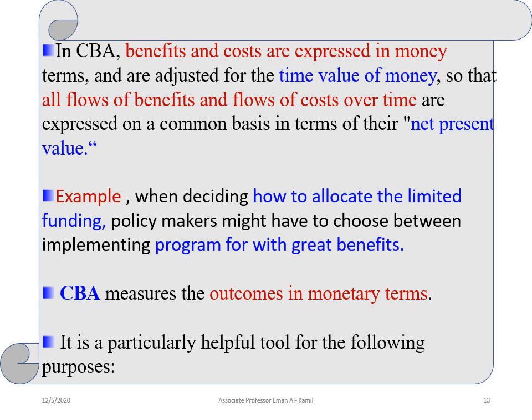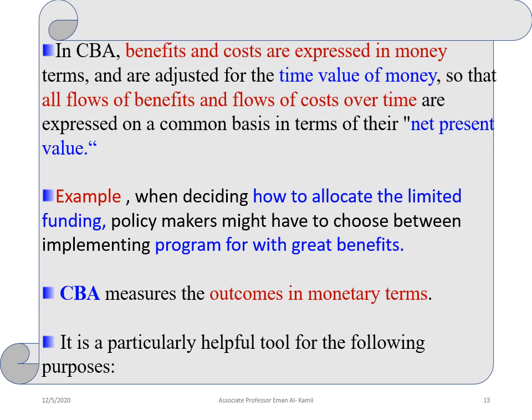And are adjusted for the time value of money, so that all flows of benefits and flows of cost over time are expressed on a common basis in terms of the net present value. ما هي الفائدة الكلية من استخدام هذا البروجرام بالمصاري؟ ايش قد الفائدة المادية او المكسب المادي؟ راح ناخذ الكوست، ايش قد كلفنا، وايش قد الفائدة المرجوة من ال prevention or from treating the individual، نحسبها بالمصاري ونحسب it will be compared. This is the cost benefit analysis. يعني it is monetary